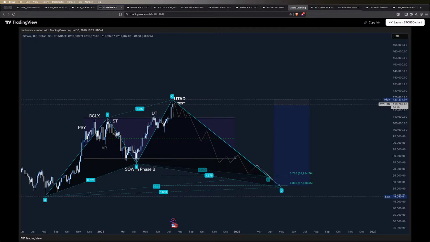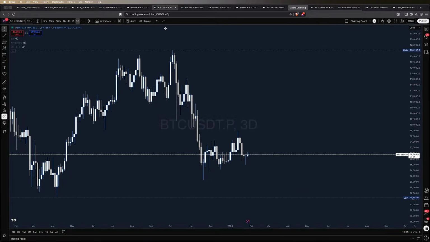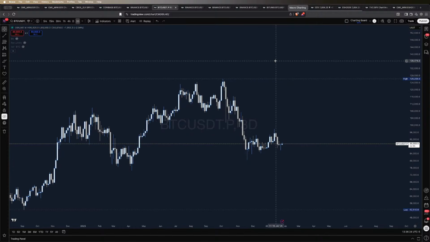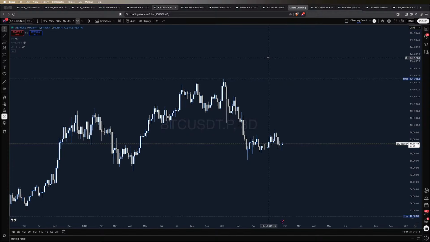Moving level by level in order to remove any preconceived bias. Everyone, I hope this stream has been helpful and that you guys are moving accordingly without pretending to know every single move in the price action. Why? Based on my own experience, I've been humbled many times, and every time I acted as if I did know every single move, mother market showed up teaching me an expensive lesson. Personal experience, I recommend everyone to respect the markets, be humble, and don't pretend to know every single move.